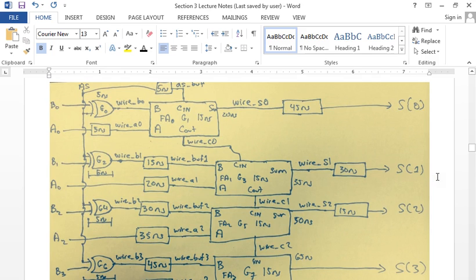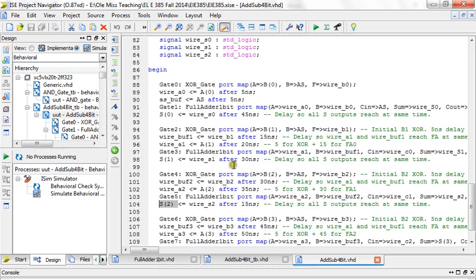Does that make sense why I did that? So then wire 0 has to wait 45 seconds because this one comes out, this one is going to get there 15 seconds earlier, so I delay it by 15 nanoseconds, right? This one's going to come out at 35 as opposed to 65, so I delay it 30 nanoseconds. And this one comes out at 20, and since I wanted to come over at 65, I delay it 45 nanoseconds. So going back to the code,